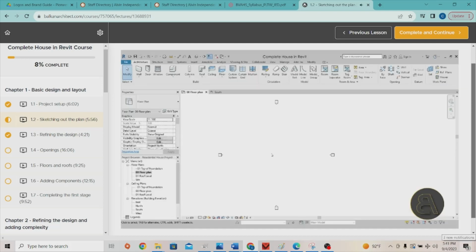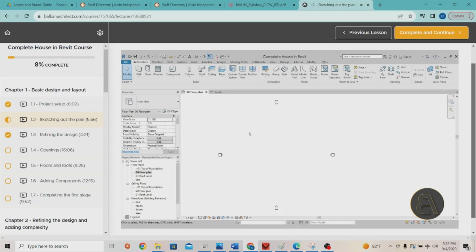to start placing some walls. Now for the walls, I don't want to set anything up too perfectly at the moment. I'm going to be using Revit in the way that it was intended to be used, and if you know what Revit means, the actual Revit name means revise and edit. So the idea behind Revit is to basically throw some elements here on your screen, and then you kind of